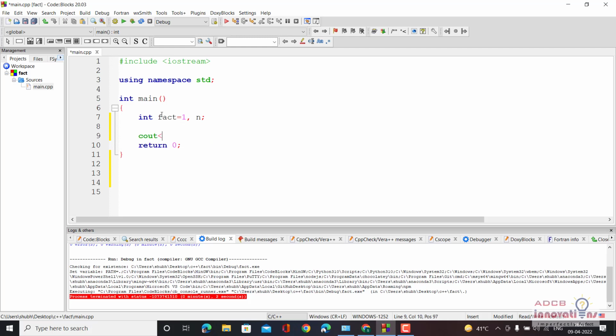Now I am going to take the input: enter the number, and we are going to read it in n. So now we have entered the number. Here I am going to write our for loop, that is for int i is equal to 1, i should be less than or equal to the number, that is n,